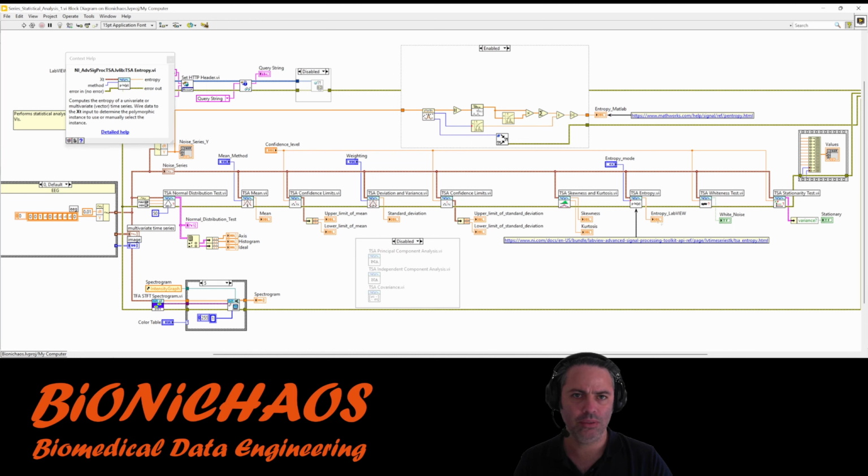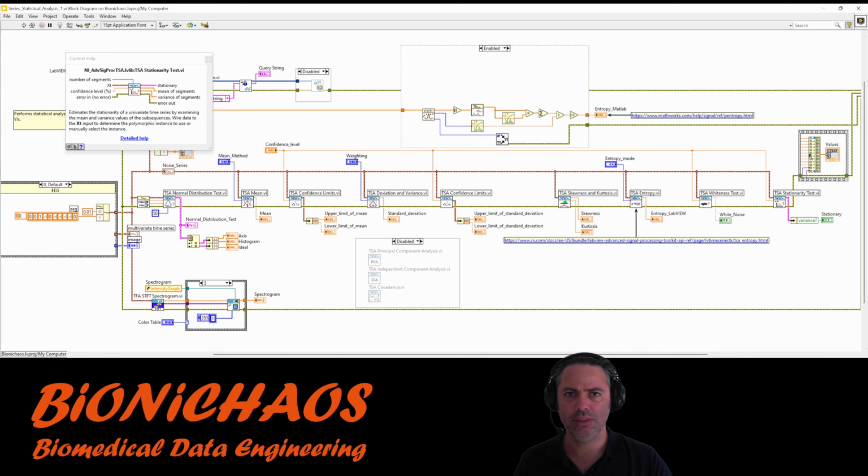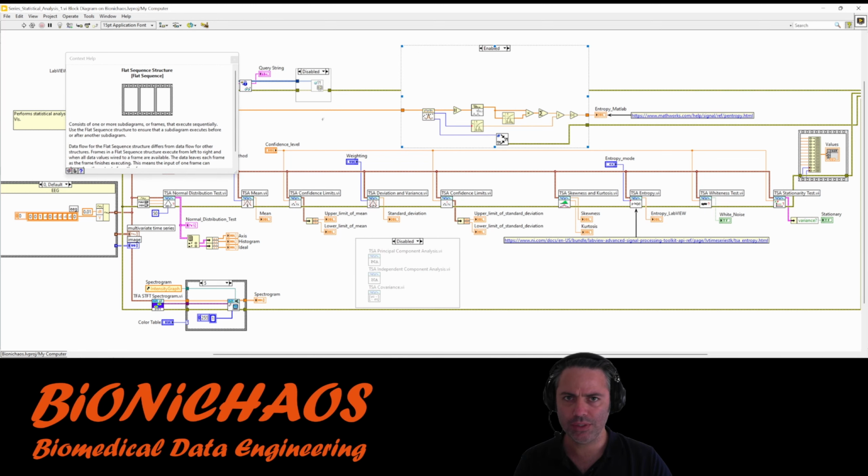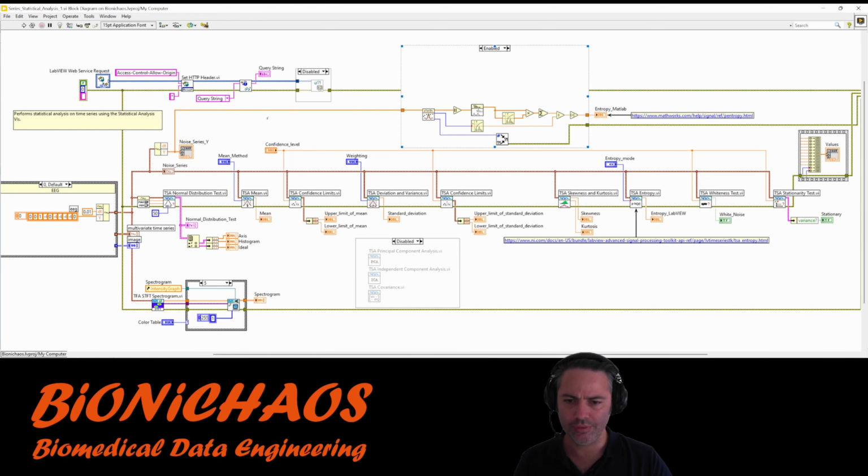Entropy function, which we are comparing to MATLAB as well. This is just taking the raw equation that the MATLAB entropy function is using. You can see it's being implemented here. It does other tests like the white noise and stationary tests and spits the output in a JSON file. So you can just try it in any browser and create your own user interface.